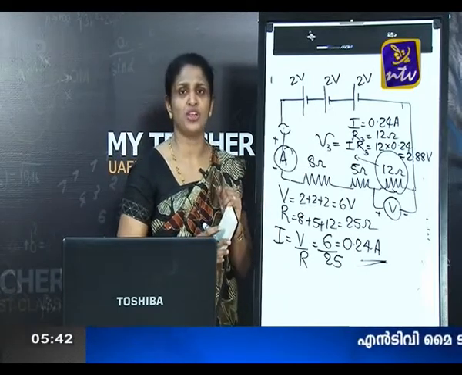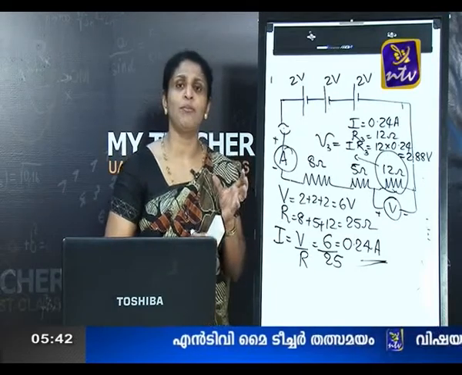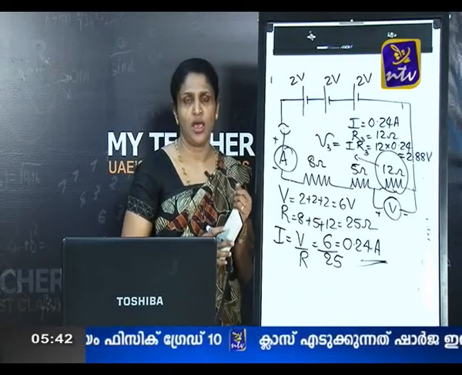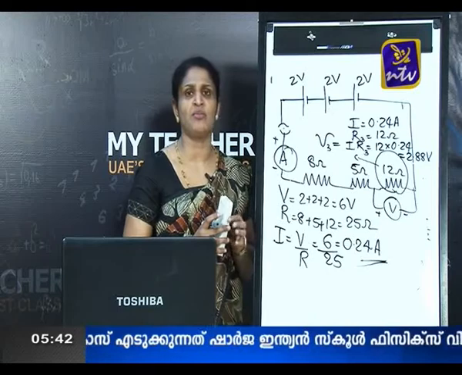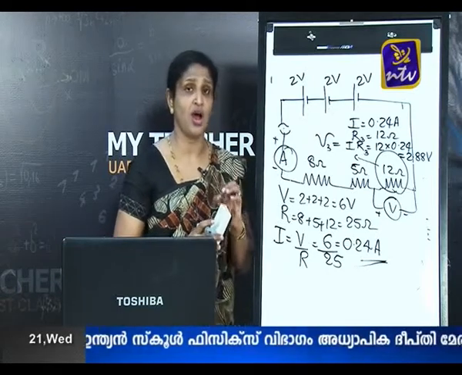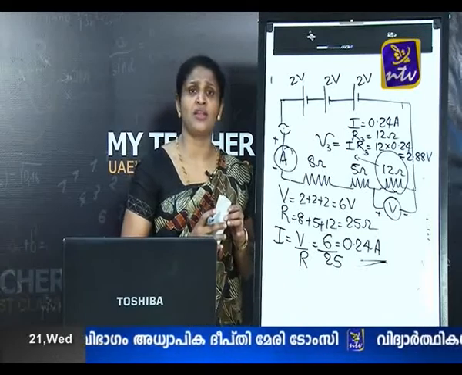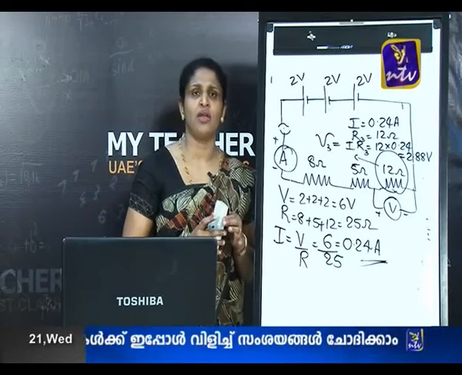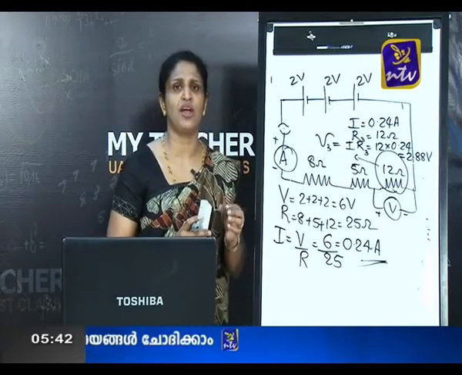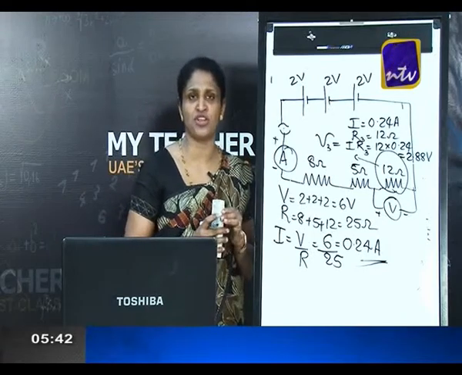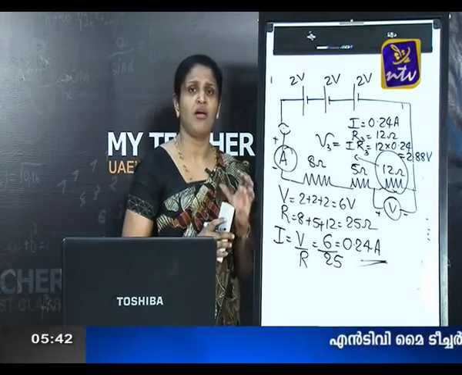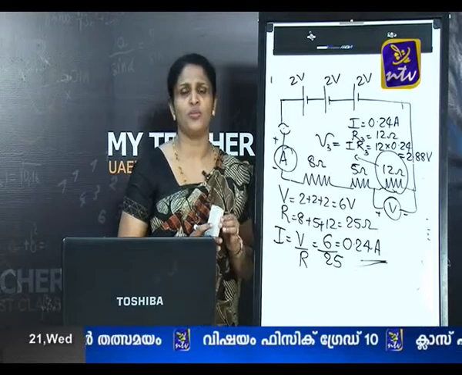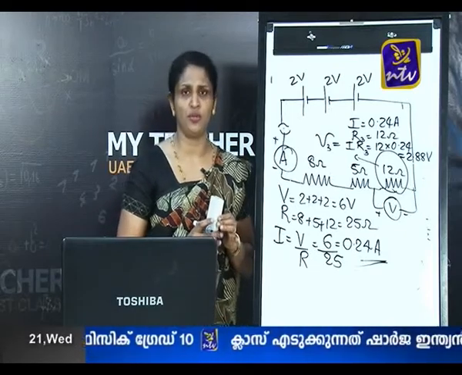This can be measured using the voltmeter. After doing a particular sum, don't leave your answer only as V is equal to 2.88 volt, and you cannot leave your answer as current I is simply 0.24 ampere. You have to give the answer according to the question. The question is being asked like this: what is the reading of the ammeter and the voltmeter? They want to identify whether the students know which device is used for measuring current and which device is used for measuring potential difference. So, you must write the answer by stressing that the ammeter reading is equal to 0.24 ampere and the voltmeter reading is equal to 2.88 volt.